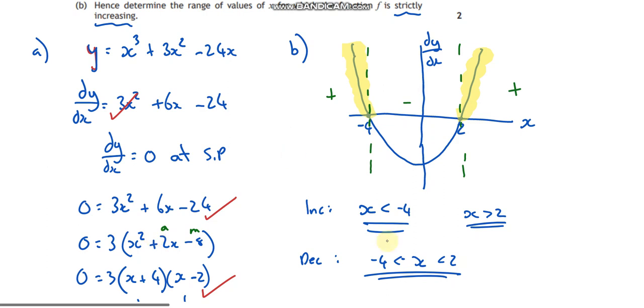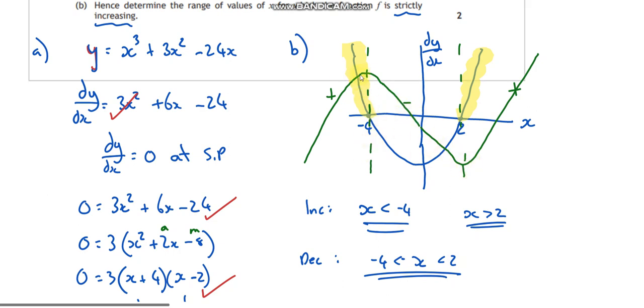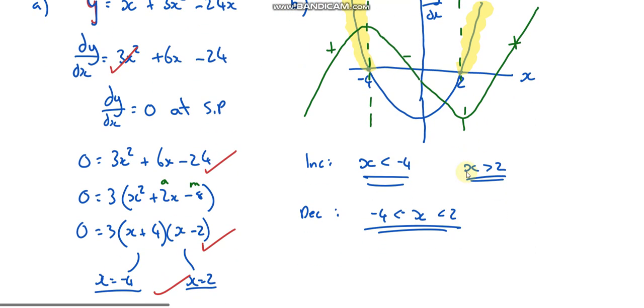Maybe it's going positive. And don't forget, on these points, we have to have a stationary point as well. So maybe it's a positive gradient, and then we've got a turning point, so that's a negative gradient, and then a stationary point, and then back to positive again. It could be that. I'm not quite sure because I don't know the nature of these turning points. If you wanted to work that out, FYI, and this is how you can also solve this question,